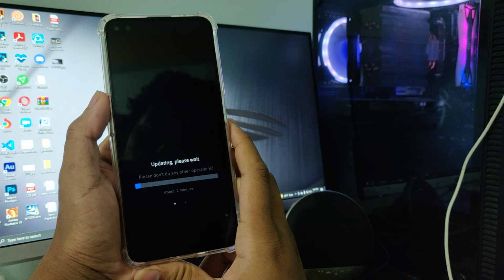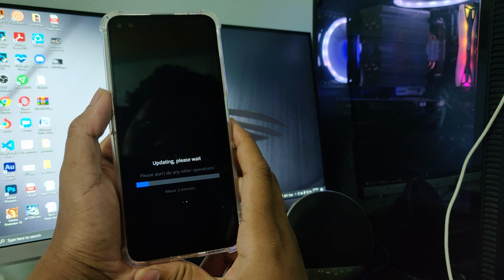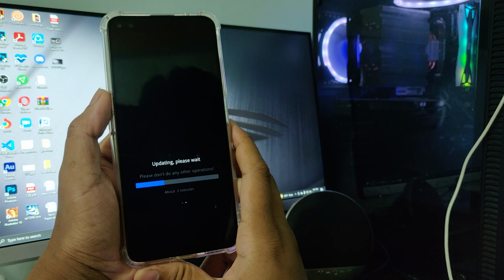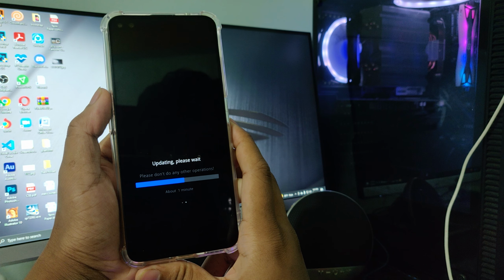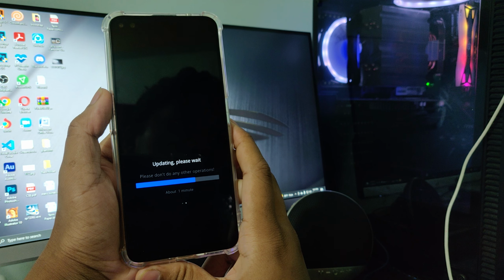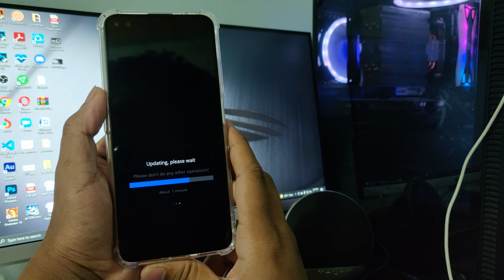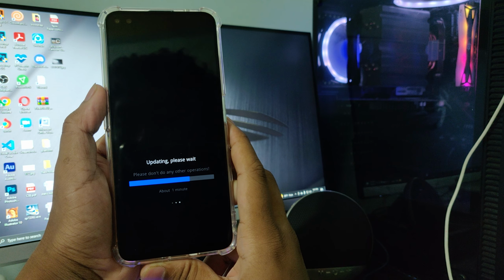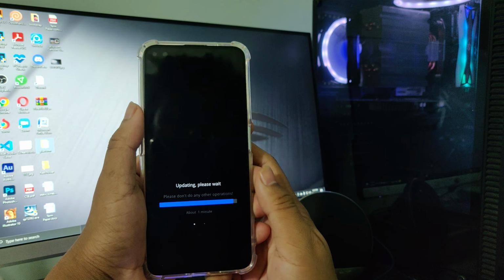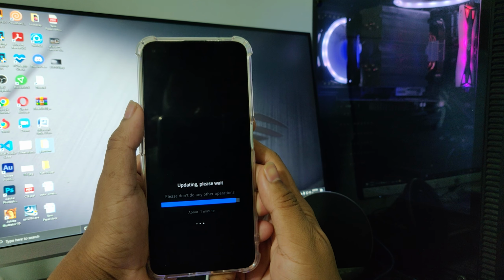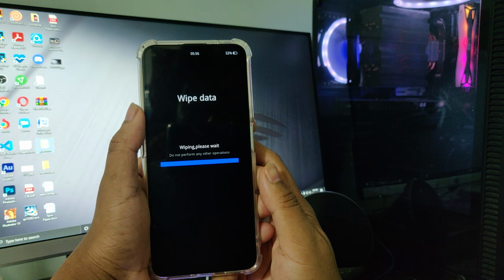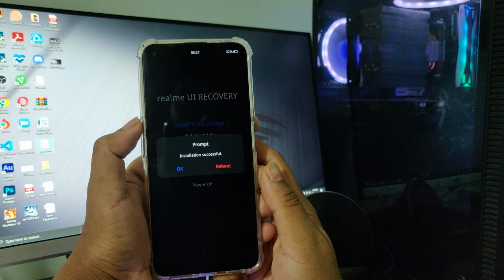It will take some time. After flashing the A53 OZIP file, press OK.